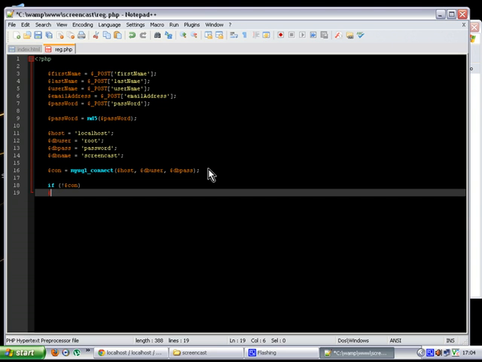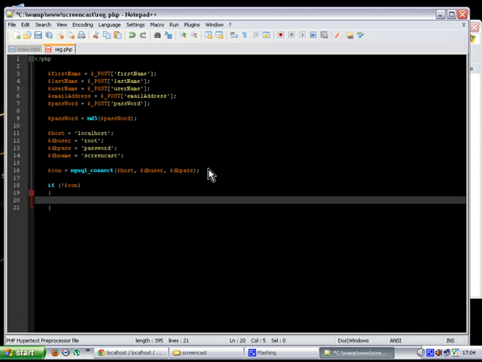then die. Die means the script will just stop. Do not pass go, do not collect your £200 or dollars, whatever you want to call it. It just means stop completely. Go send me a message saying could not connect,